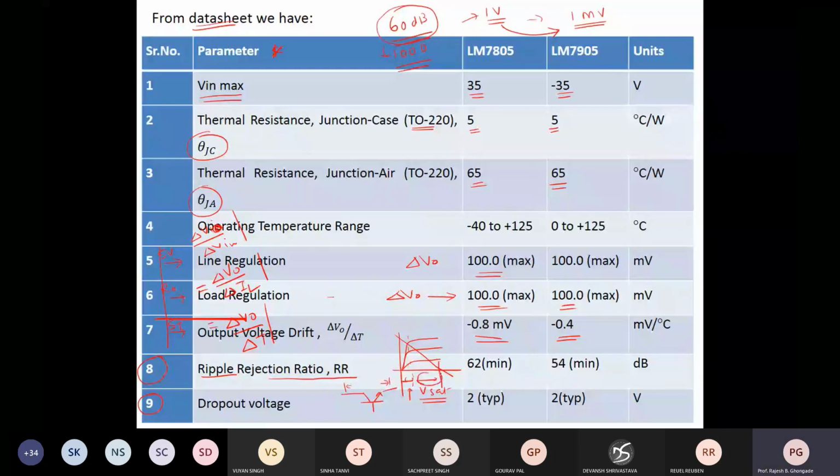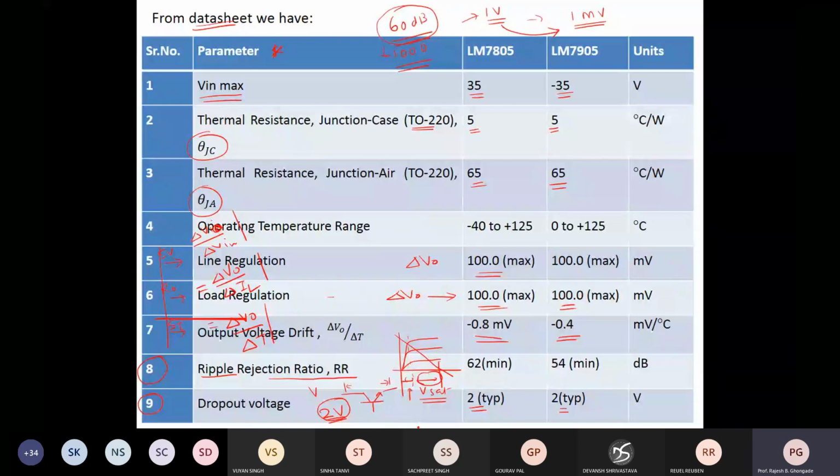For that, we must make sure that the voltage at this input is always at a higher voltage. How much higher? In this case, it is typically 2 volts higher than the output voltage. So you are giving a margin of about 2 volts to ensure that the internal pass transistor does not land up in saturation. At the same time, the power dissipation across that device will also be more. We are going to see that later on. Nowadays this is actually a wastage of power.